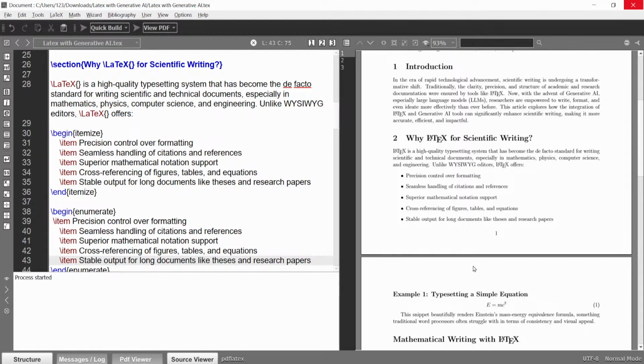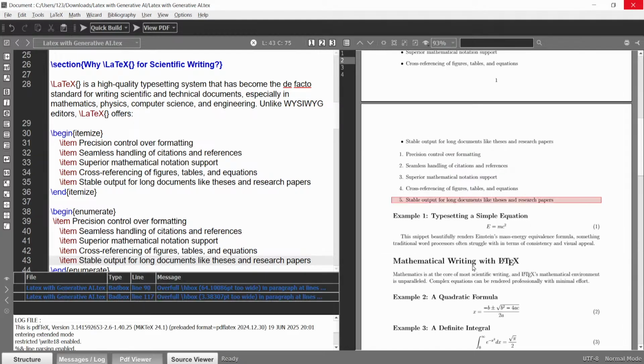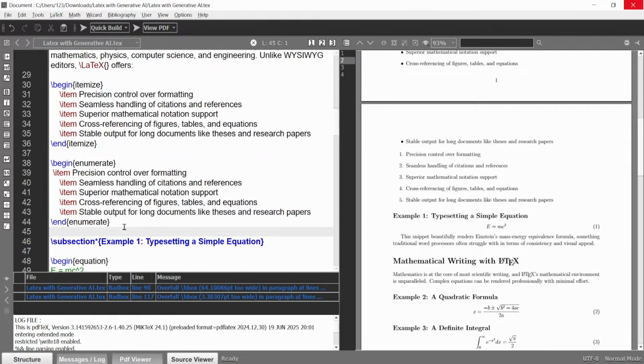When you build this file, you can see on the right hand side the numbers 1, 2, 3, 4, 5 and so on. Here are the numbers you can see. So enumerate will generate the numbers of the lines. Sometimes we need it in this format, and sometimes we have to customize, and you can customize very easily.